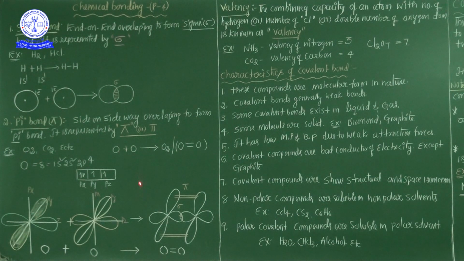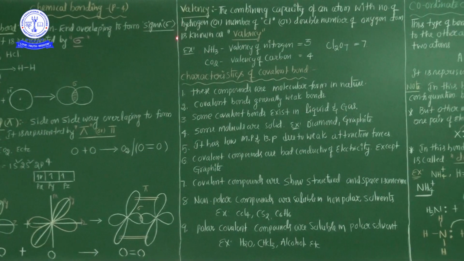In the case of triple bonds, there is one sigma bond and two pi bonds. The best example is the nitrogen molecule. Okay? Now this is the sigma bond and pi bond. Now